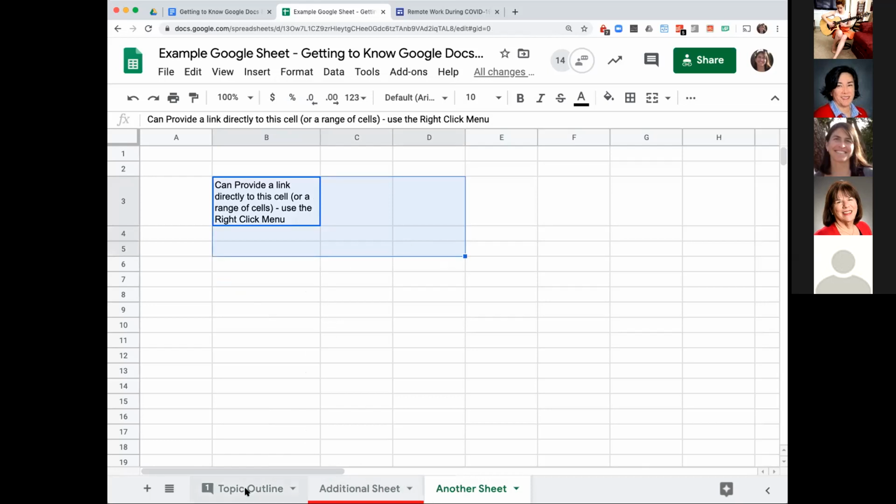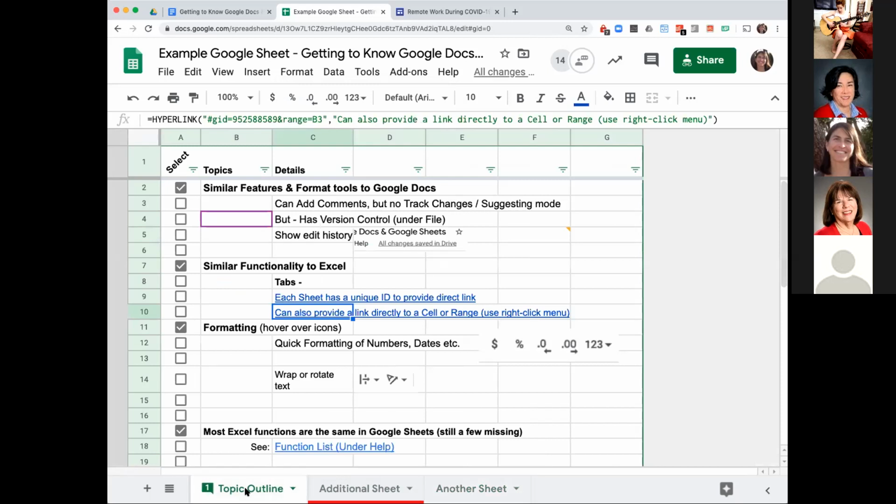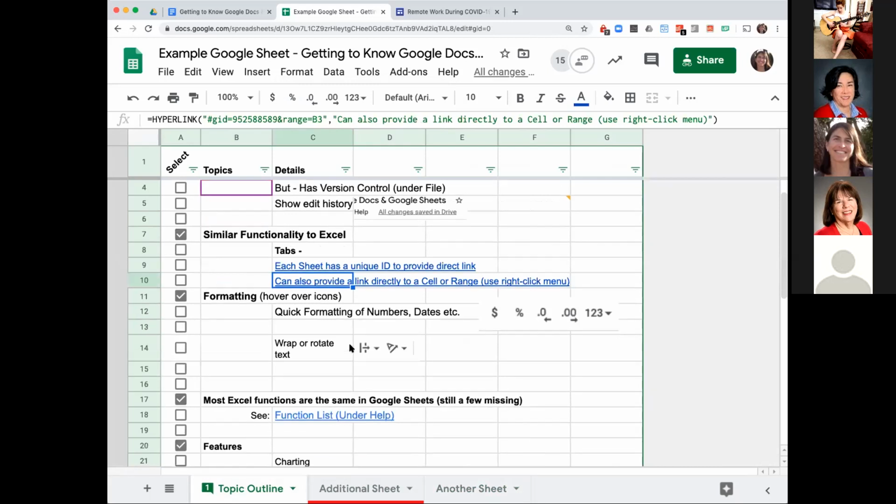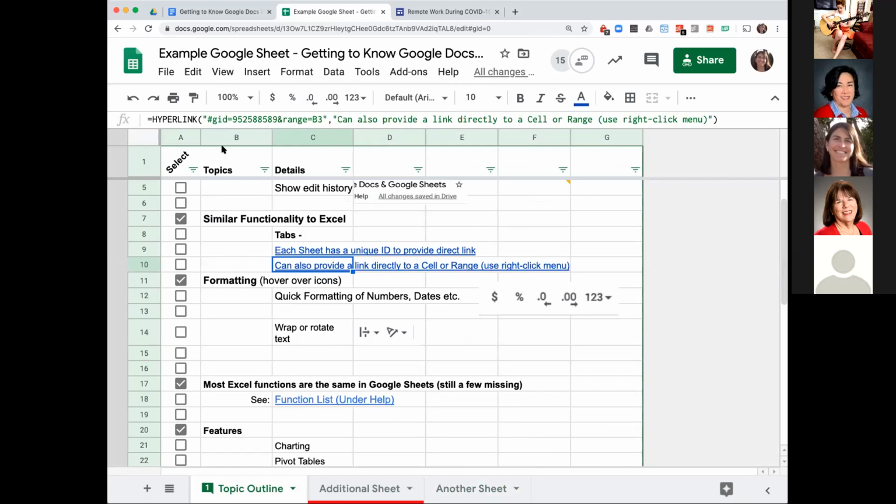So if you're trying to describe to your colleague where something is on this sheet, like B5, it's easier to just send them directly to it.